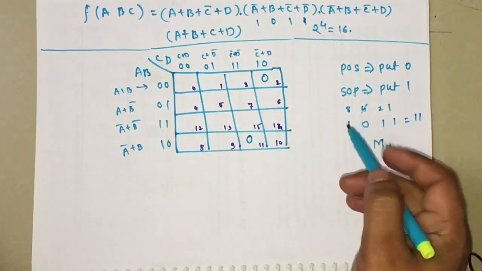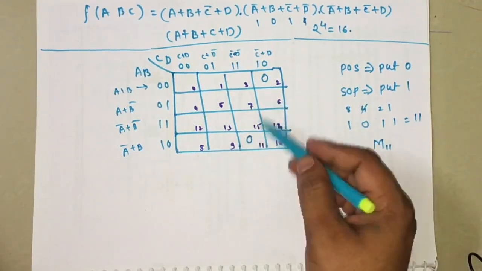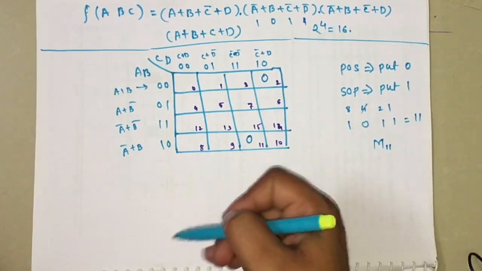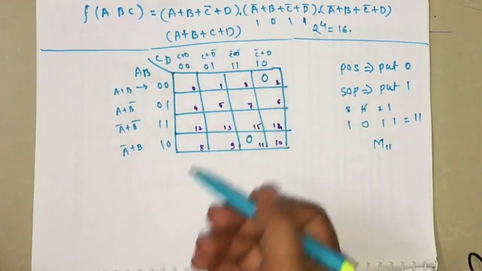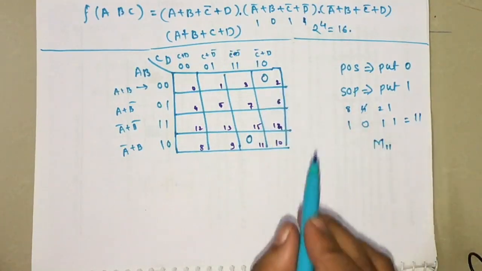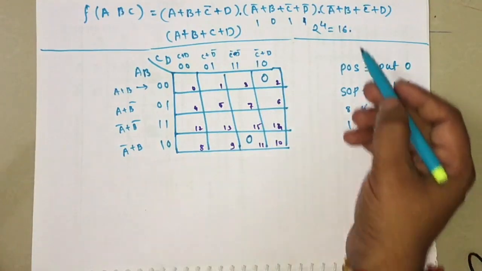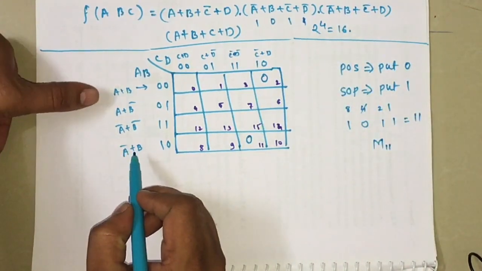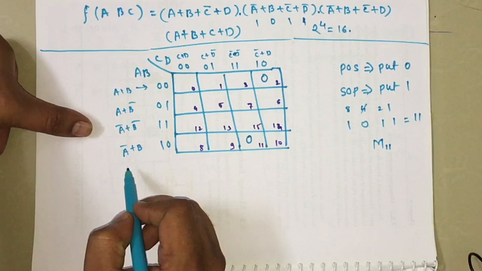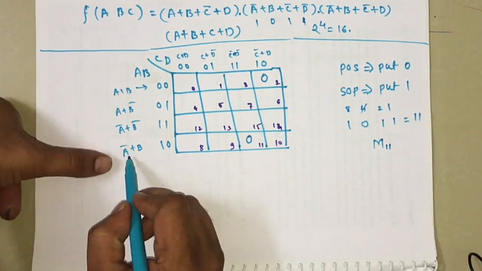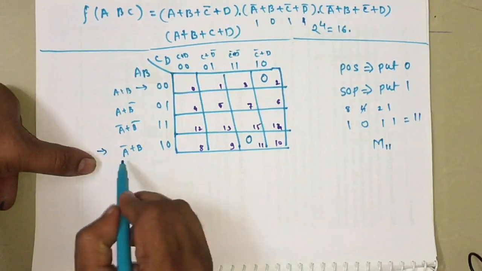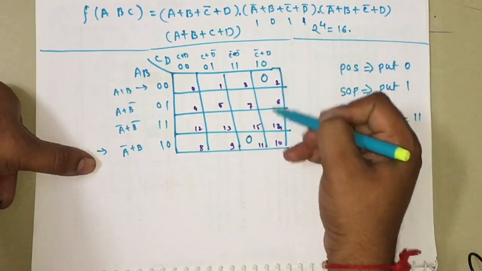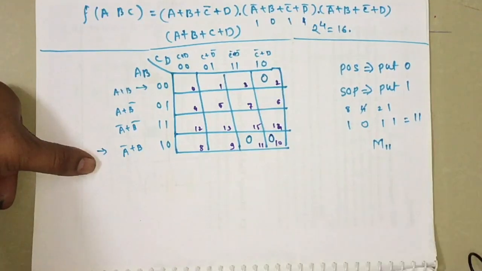In any way you can put the values inside the K-map, okay, by using either the max term form, or you can directly put the terms. Where the term is present you need to put 0. Okay, next A bar plus B, where is A bar plus B? A bar plus B, this is the last row we have to select, and C bar plus D, again C bar plus D is this one. So here we will put 0.